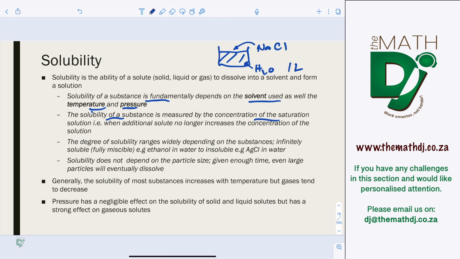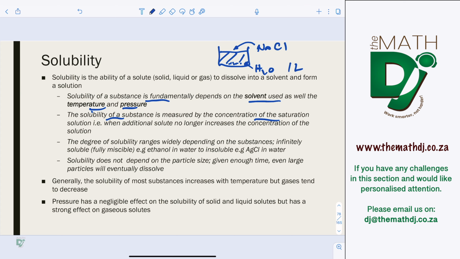So you'll be gauging how many grams of sodium chloride you can add before it starts to accumulate at the bottom here. So when it starts to accumulate at the bottom, it means you have passed the point of saturation. So before the liquid is saturated, whenever you add, it will dissolve